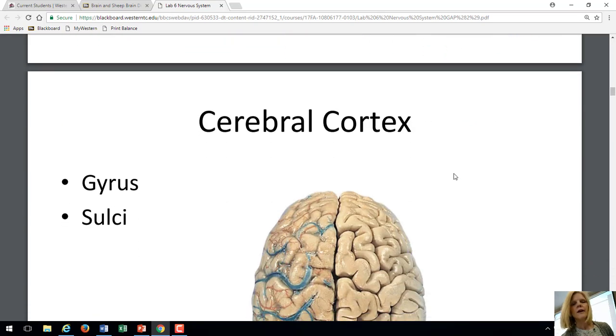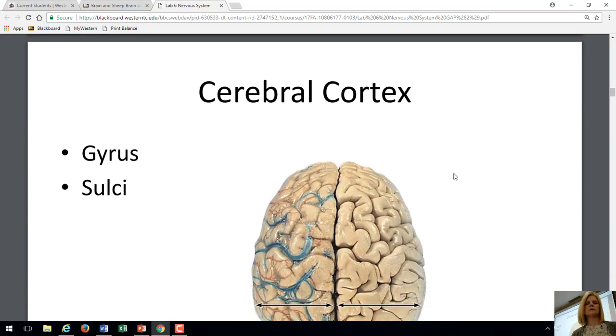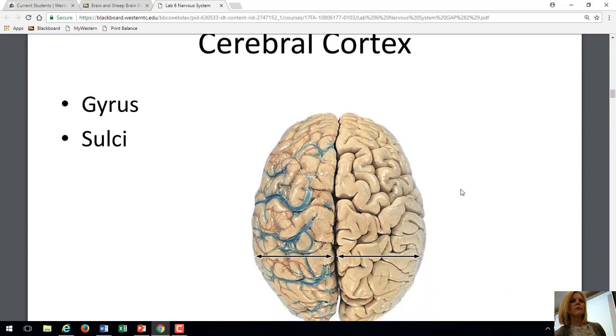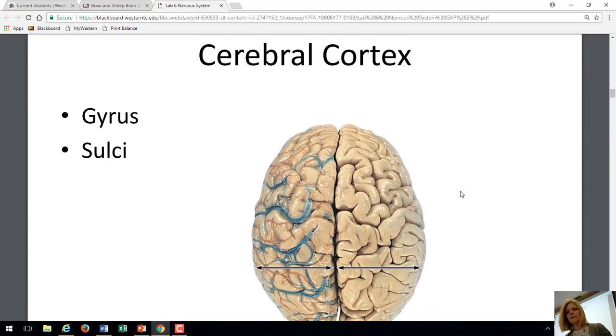So that's some of the microscopic anatomy you're going to have to know for the next lab exam. And then we'll get into the gross anatomy, which is looking at models and the sheep brain. So if you take a look at the brain model that you have in front of you, or looking at this picture here,